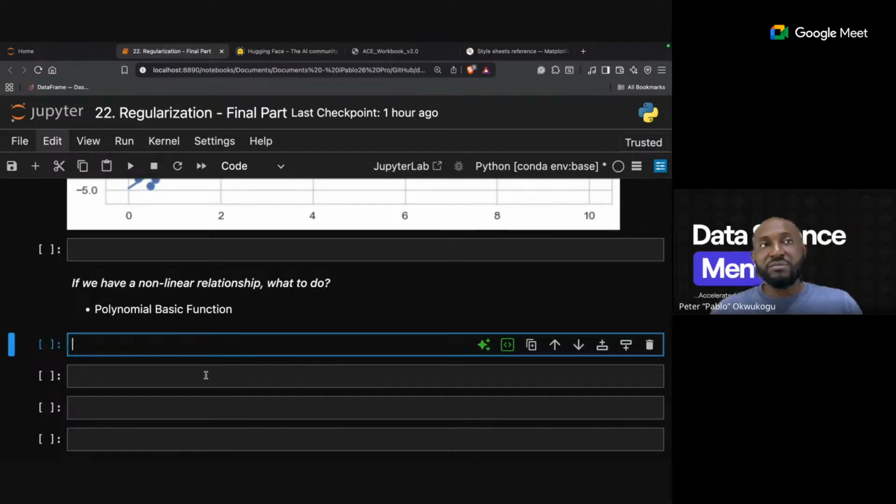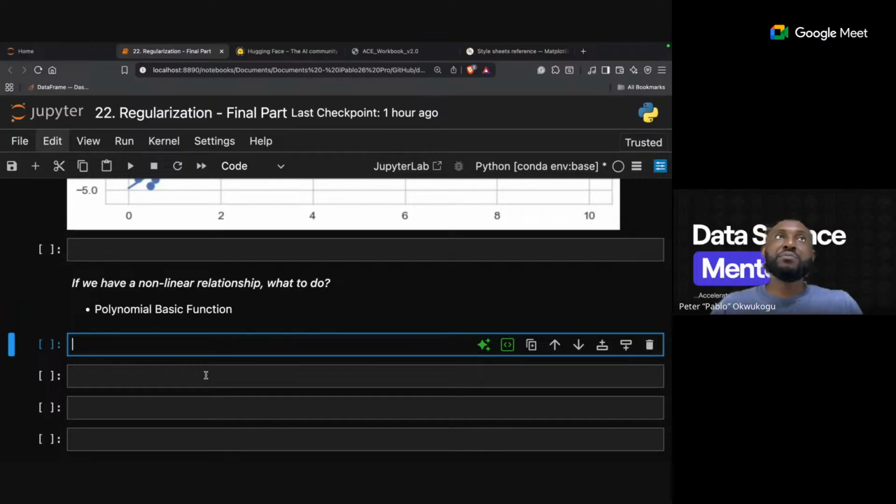So what I'm going to do is generate data, something that looks like the last data we generated, right? But we're now going to fit it with a polynomial function.